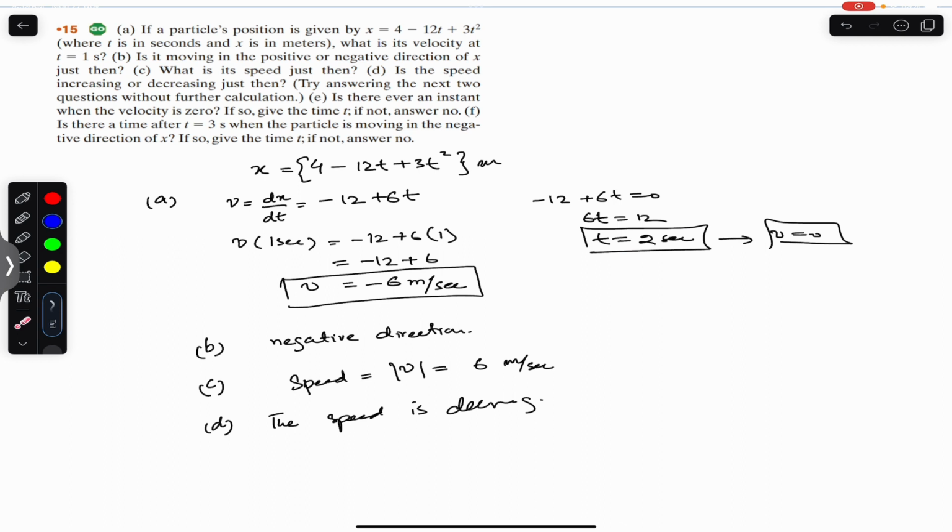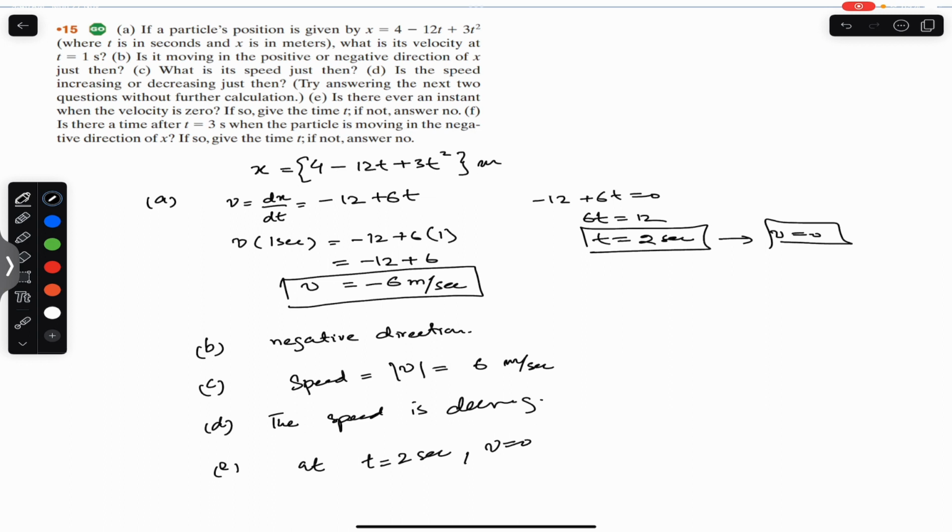So in part E we can say that yes, there is an instant when the velocity is 0, and at t equals 2 seconds, v equals 0. Now in part F it is asked: is there a time after t equals 3 seconds when the particle is moving in the negative direction of x? If so, give the time t. If not, answer no. So now if we observe all this calculation, we can draw just an approximate graph